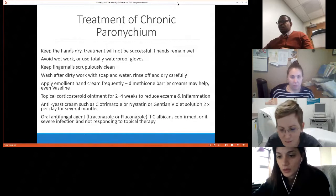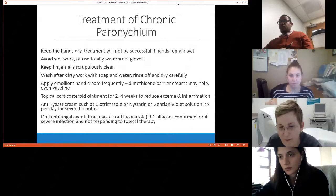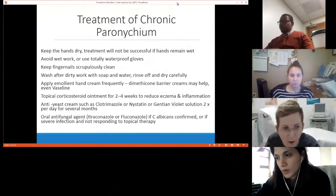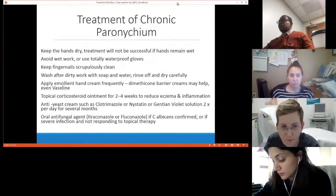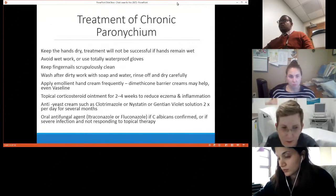And it seems unusual to use a topical steroid for infection, but corticosteroids such as Betnovate cream, betamethasone valerate, for 2 to 4 weeks can reduce the eczema and inflammation. Yeast cream can work, and you can actually use the two together. So you can apply the Betnovate cream and immediately on top put on nystatin or gentian violet. After 2 to 4 weeks, you can stop the topical steroid but continue with the cream, and this may be needed for